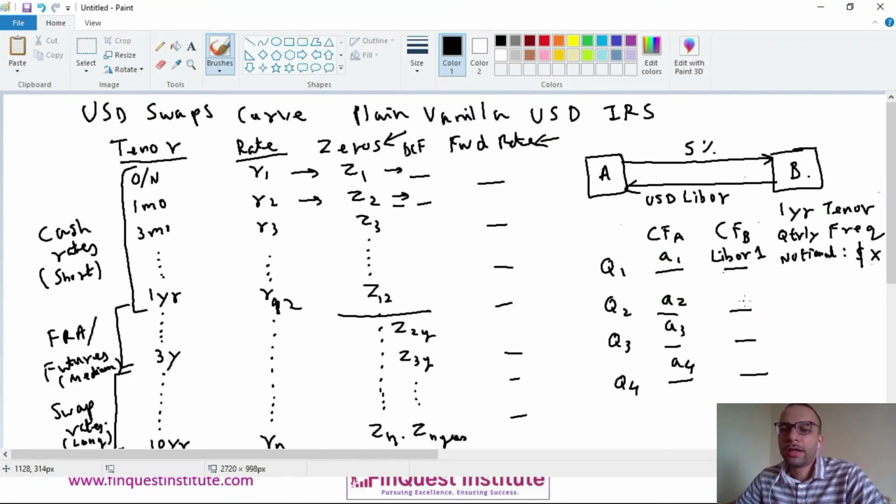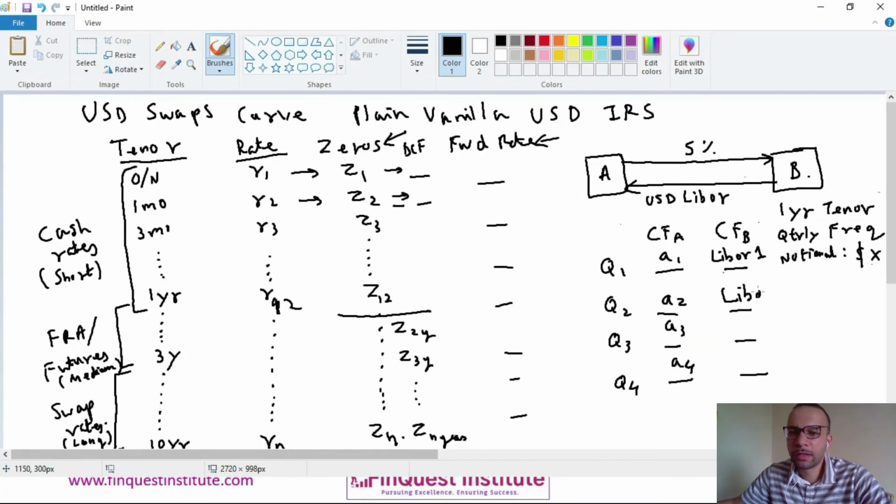Now, all other rates in the future: we would like to know what the floating rates are at points Q2, Q3 and Q4. This is where the forward rate calculation we did is going to come to our rescue. We'll look up the forward rates curve which we have calculated, and calculate the LIBORs at Q2, Q3 and Q4. These are like the implied forward rates at respective times in the future.